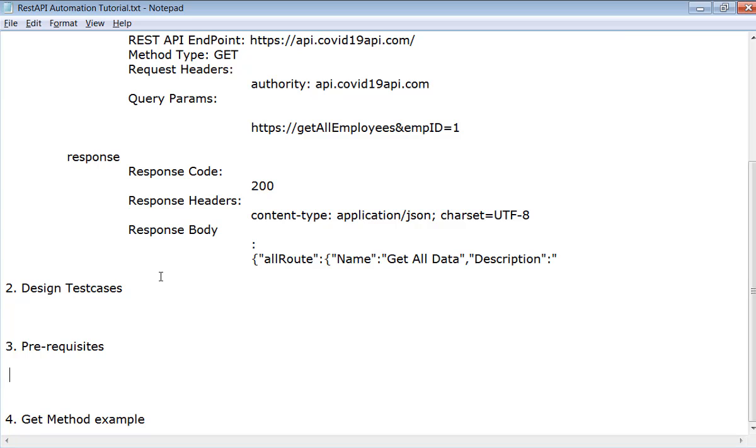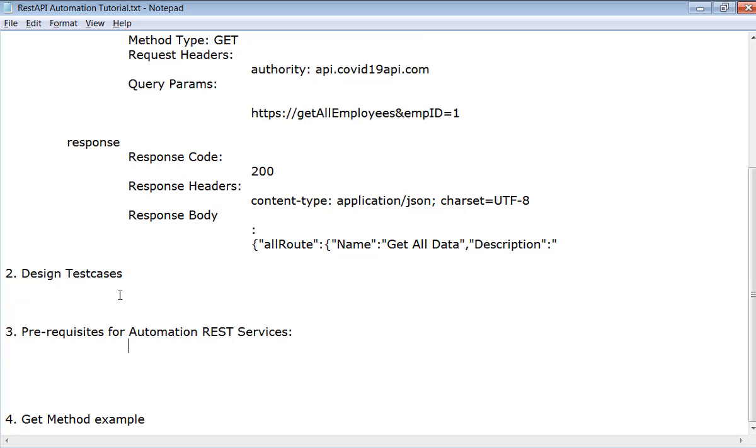Now, prerequisites. What are the prerequisites for automating the REST services? We are done with the manual testing, and we are trying to start with automation. Mainly, there are different APIs available. One is com.jayway. The next one is io.restassured.